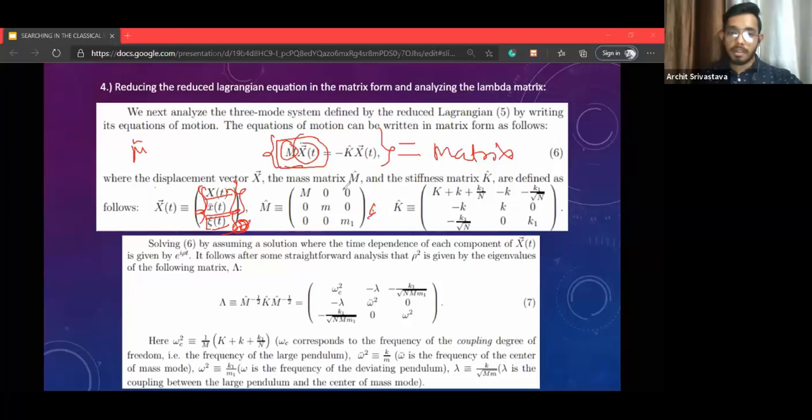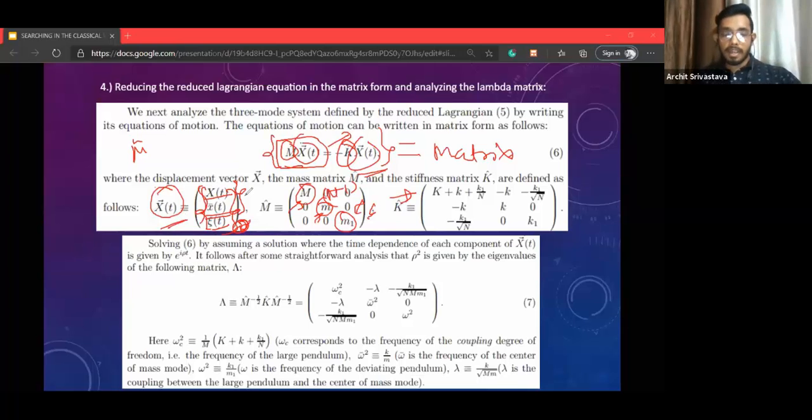This is the mass matrix for the whole system. So this is the support pendulum mass. This is for the n-1 pendulums that were normal, and this is the mass of the special pendulum that we had. And this is the stiffness matrix. So we are finding the